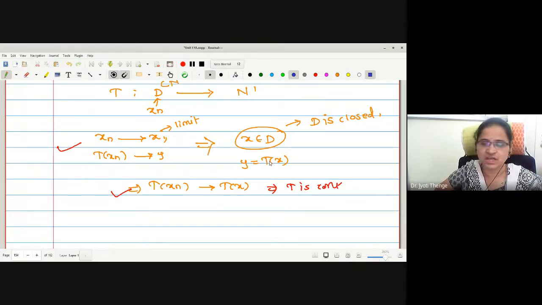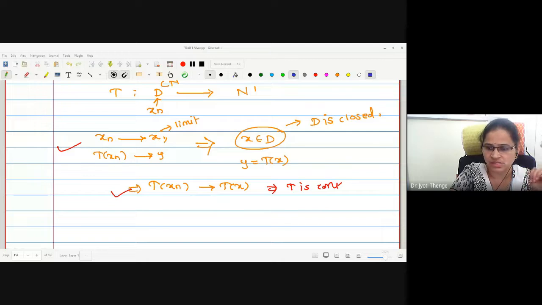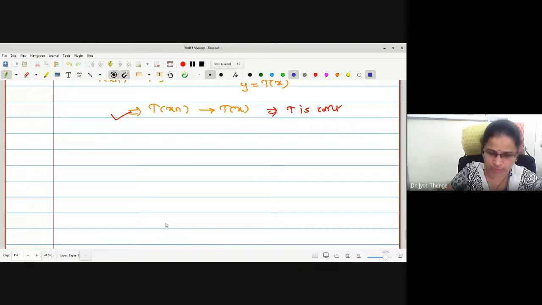What does the first theorem tell us? Whenever the mapping is closed, its graph set is closed. Closed is used for two different concepts. First is T as a closed mapping, second is T as a closed set. Two different definitions. The theorem tells us T is a closed mapping if and only if its graph is a closed set. That is what we wanted to show in the first theorem. Remember, this may come for your objectives.